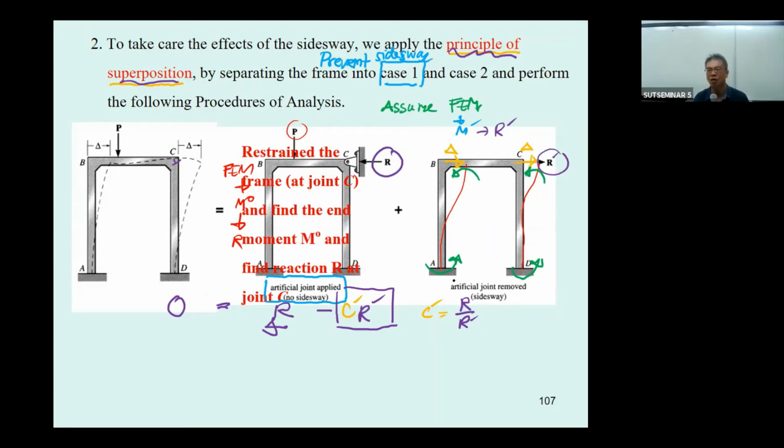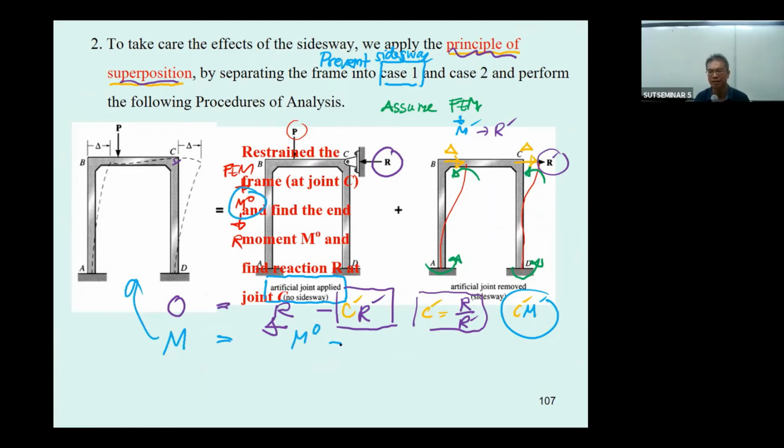Then the moment M palm here will be modified to be C palm times M palm. And the problem of finding the moment here is now readjusted. And again, we will have the moment M equal to the moment here, M super naught,